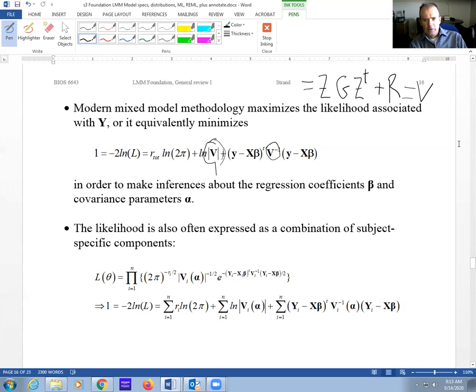When you're dealing with the mixed model, you have to use a numerical method. It's not algebraic. You have to use a numerical method, but it's the same principle. You're maximizing the likelihood, or you're minimizing. The form that we usually use is -2 log likelihood, and you minimize that, but it's the same principle.